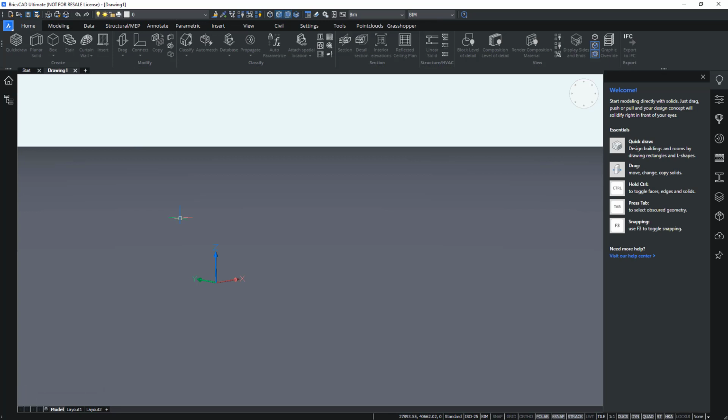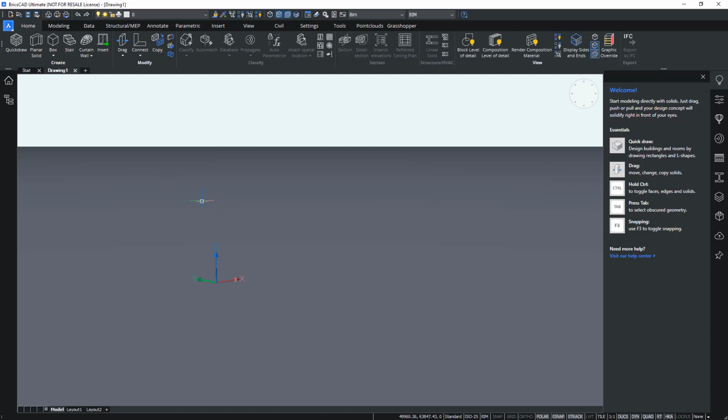So once you're in the workspace, remember that you set your settings as mentioned in the introduction video. This is to ensure that the rest of the exercises go in the same fashion as we display on this screen.